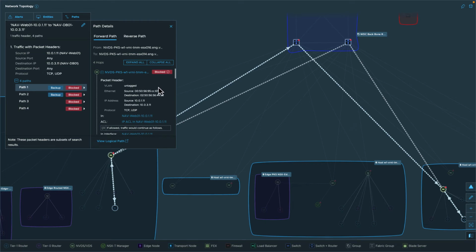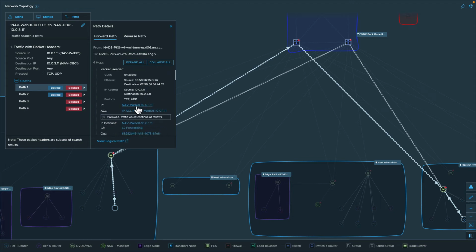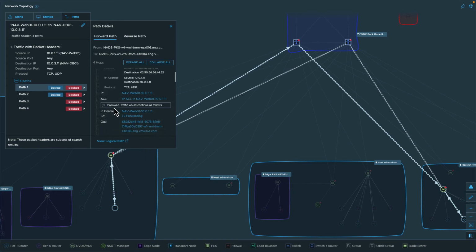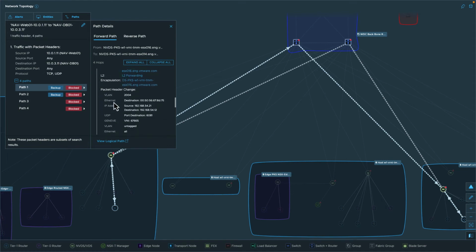This is where we're going to be able to see all the detailed information, such as the packet header. You're going to see your source and destination MACs, your IPs, your protocols, what we're starting at, which is our web VM. And then we can see that it's hitting an ACL right away. And it says, if allowed, traffic would continue as follows. And then it will follow through and show you all of the different virtual and physical interfaces in that path as I scroll through here, including all the source and destination information, whether it's using layer 2 forwarding or layer 3 forwarding at each hop, where the packet headers are changing, including which VLANs in the underlay are being used,